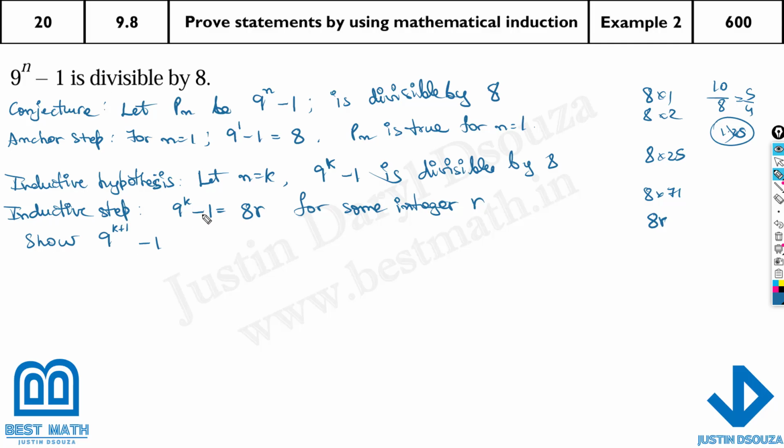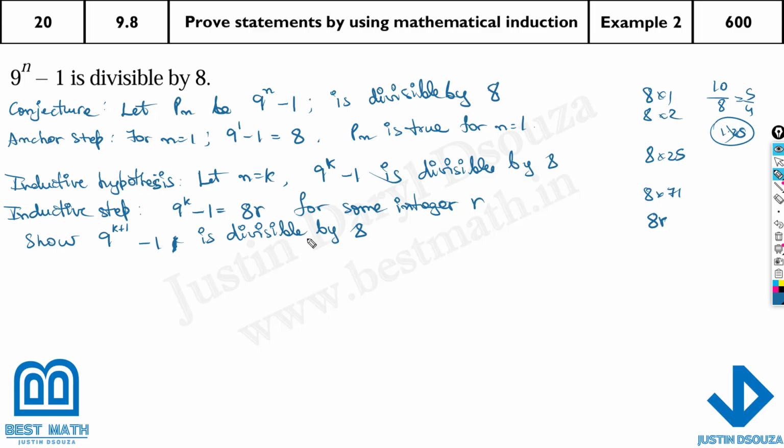Now what we are doing is show 9^k + 1. That means not only this term, even the next term also is divisible. That means it is true for any other values. 9^(k+1) + 2 will be divisible throughout. So let us take 9^k + 1 and show this much. No need of semicolon, sorry, this is not there. Is divisible by